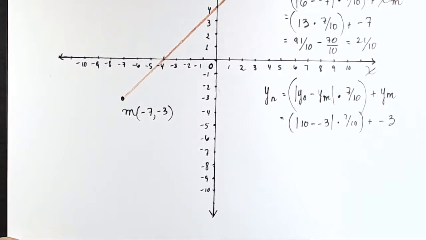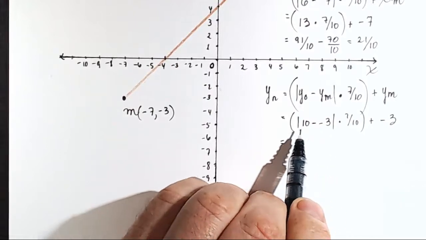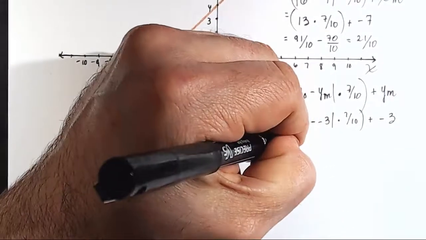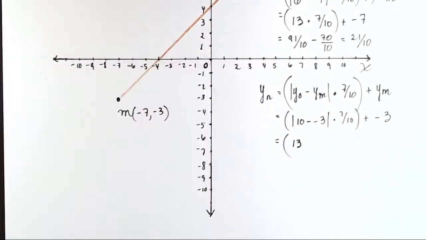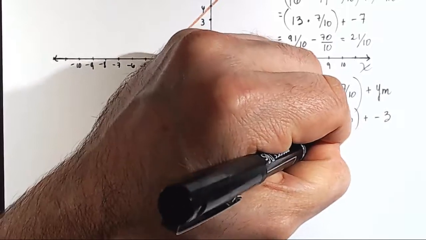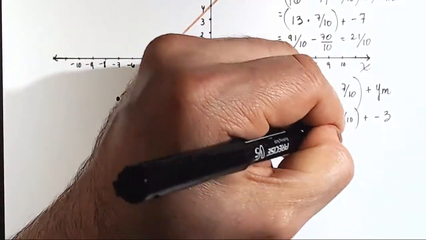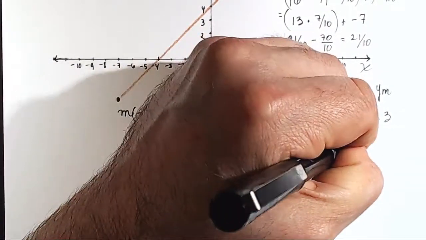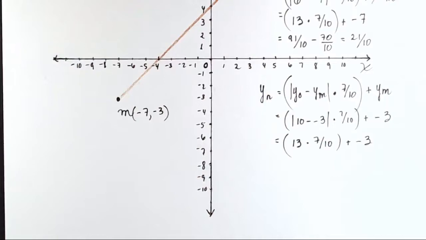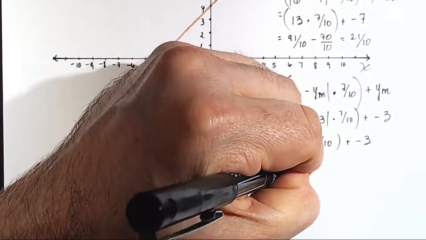All right, so there's the problem we have to solve. And so that means we've got, let's see, 10 minus negative 3 is 10 plus 3. That's 13. And so here we are, 13 times 7/10. So even when you try hard to make these values different, I've come up with the same problem. So we'll do that. 13 times 7, okay. And we're going to add that to negative 3. 13 times 7 is 91